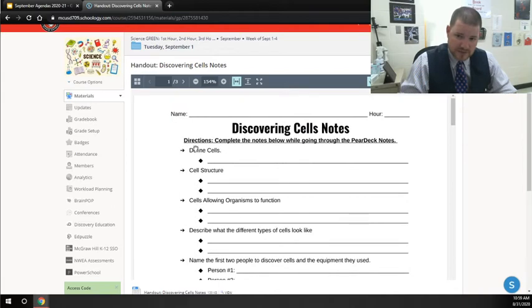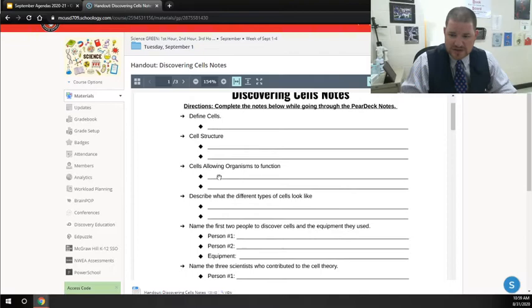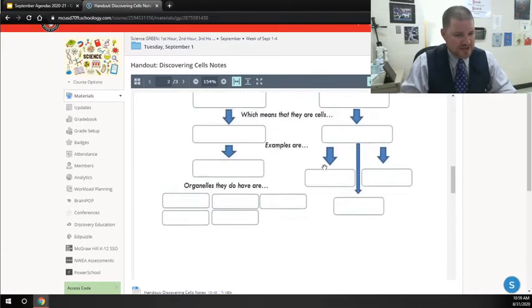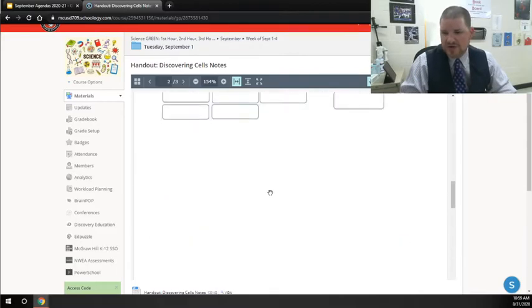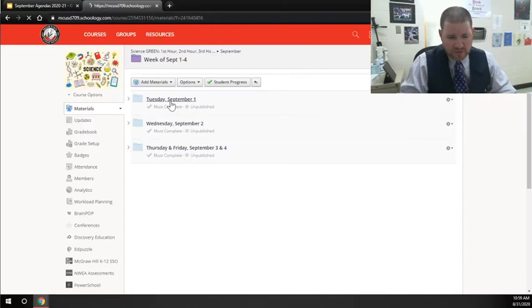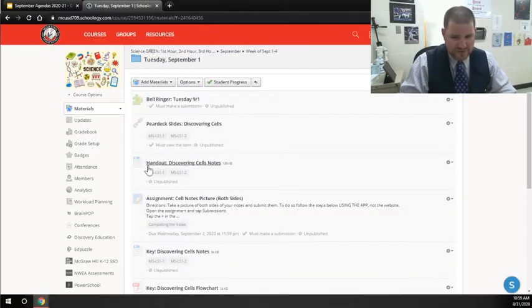Otherwise, if you go through here, you can set up your own notes and write them on a piece of paper. Just kind of follow along with the outline here. We kind of space it out. You can create this nice little flow chart for yourself on some paper there, so you can follow along that way as well. So that's the handout that's given out. What you're going to do with that handout, that's what you're filling out. Those are your notes. That's what you're going to take a picture of later on. You can see that there's an assignment right here that says Cell Notes Picture, both sides. So you're going to submit a picture of